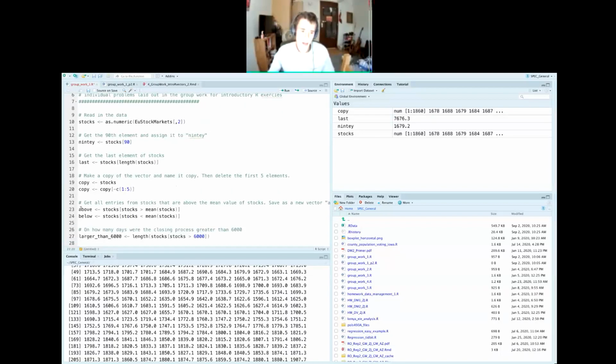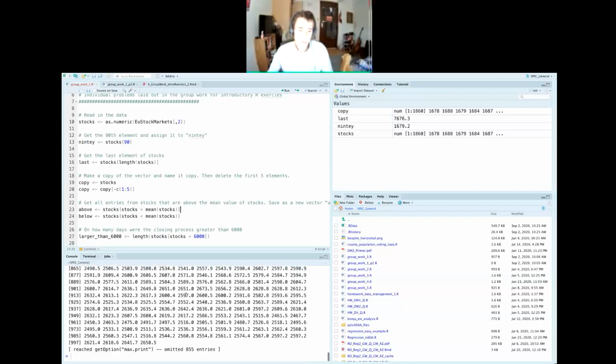Yeah, and then doing the above and below thing, right? So, I talked about the logical operators before in the session, I believe. But maybe I should have pointed out that you can put them within the indexing. What this is saying here is I want stocks indexed at the elements of stocks that are above the mean